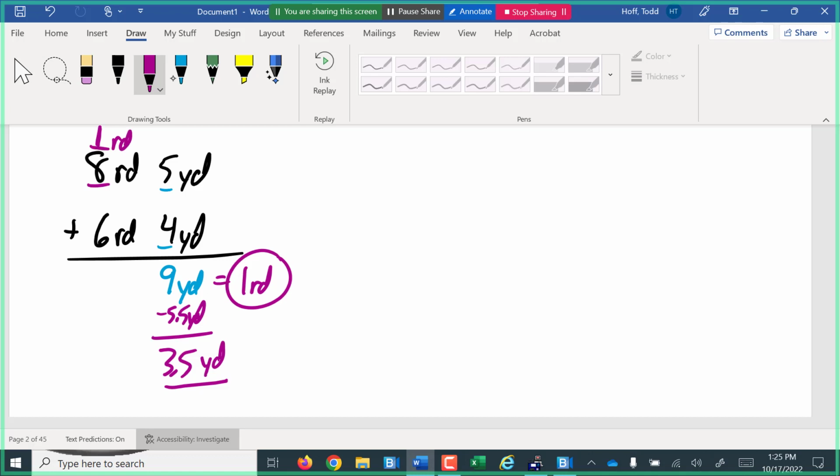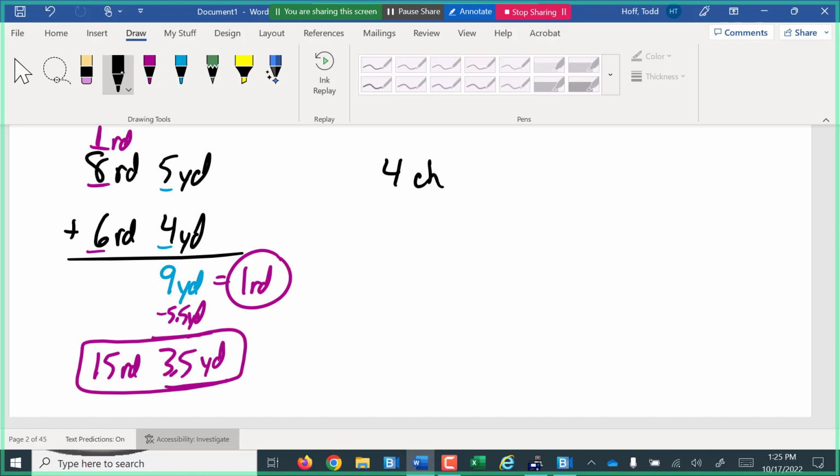We have 1 and 8 makes 9 plus 6, 15 rods. Perfect. So 15 rods, 3.5 yards. Well, maybe rods and yards might not be a calculation you use a lot. Now, since you guys brought it up, let's do